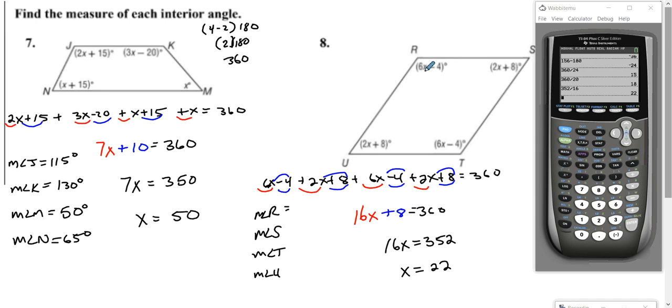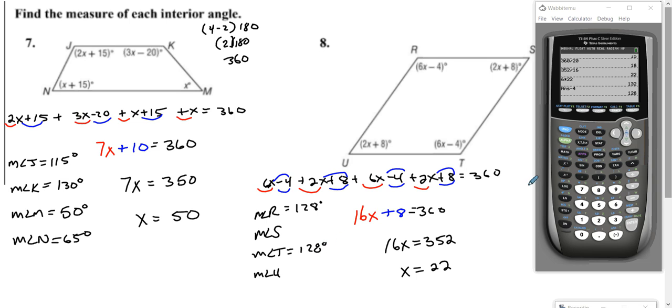So 6 times 22, and then minus 4, not plus, minus 4, 128. So angle R is 128 degrees,